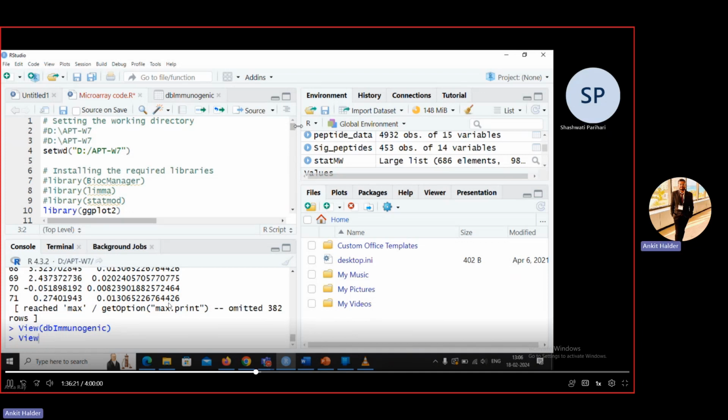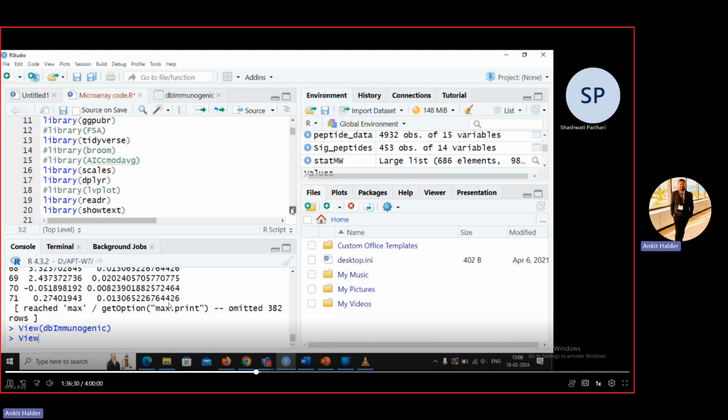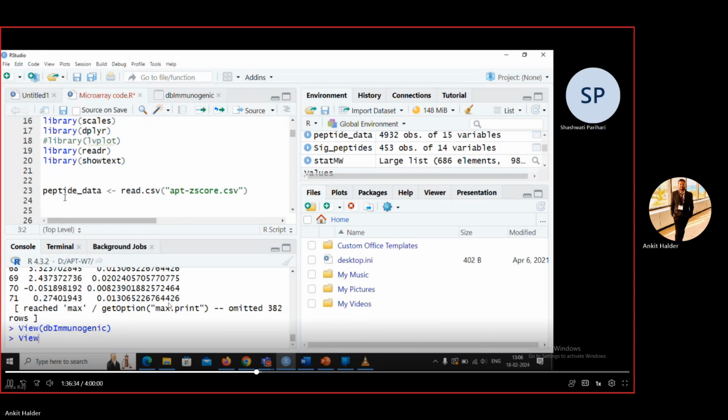If you do that, then this library, as I already mentioned, has to be installed. Otherwise, it will take a lot of time. If you have already installed this file, then